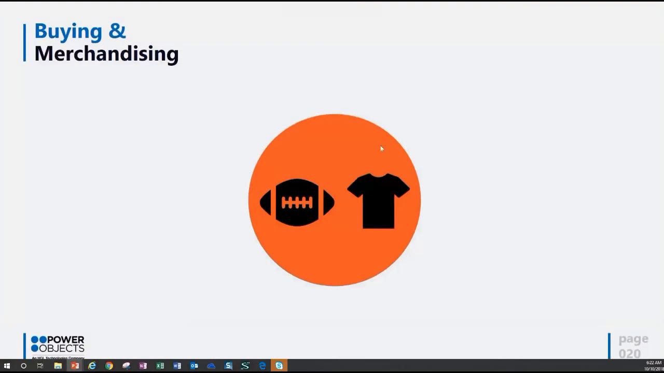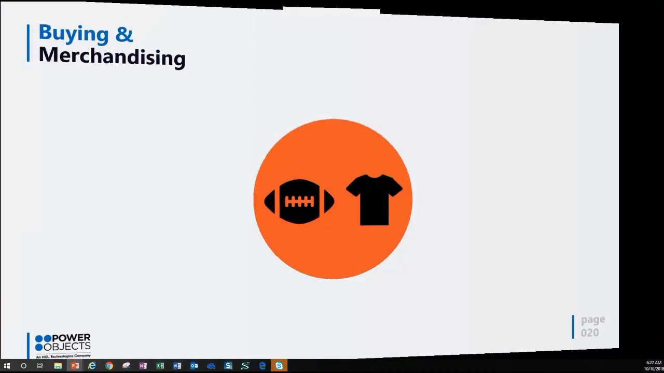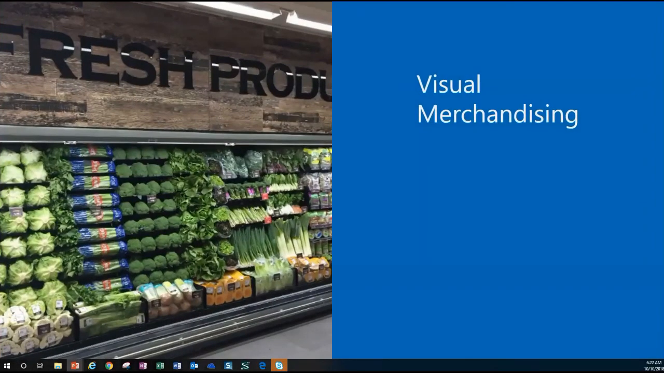Next thing is buying and merchandising. Again, the key aspect of this is getting the product into my retail entity and then being able to distribute that product accordingly into the system. And I'm just going to give you a little bit of visual merchandising presentation here, and the importance